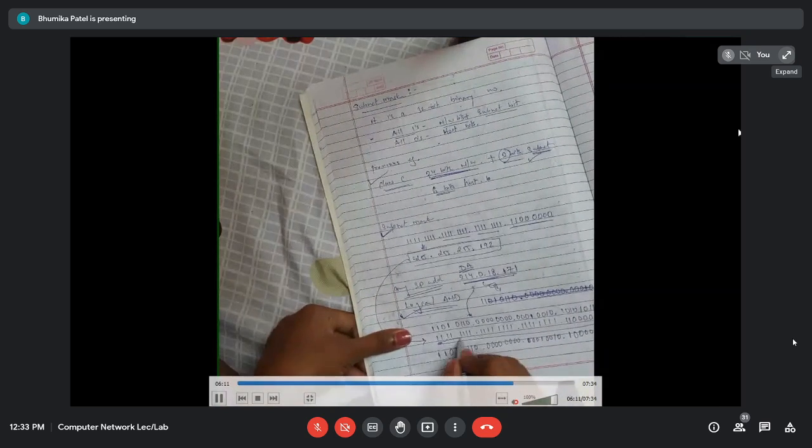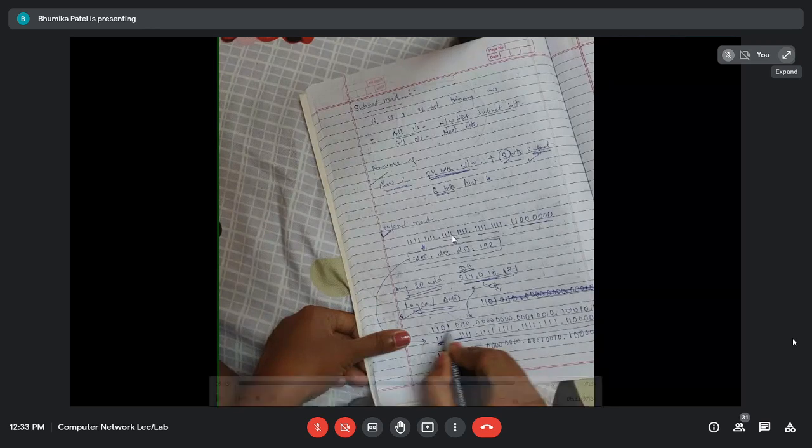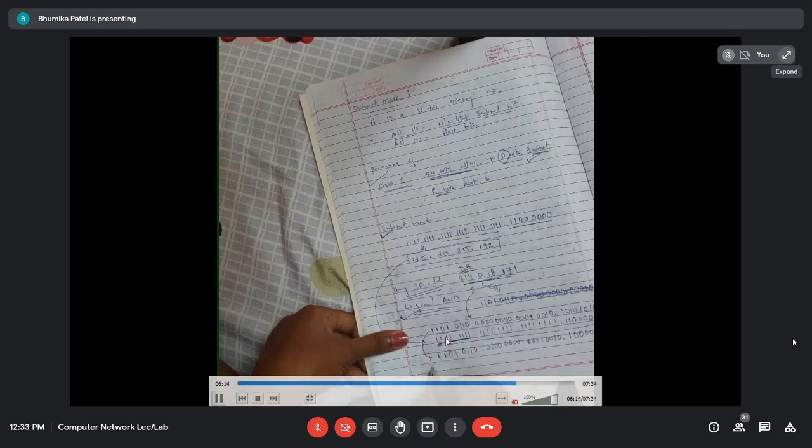So as you can see in this example, the first 24 bits in the subnet mask are 1, and in the upper portion the destination bits are either 0 or 1. So whenever you perform the logical AND, in the result the network ID bits of your destination IP address will remain as they are, because in the subnet mask the first 24 bits are all 1, so nothing changes. If one is 0 and the other is 1, obviously we get 0. So this upper portion is repeated here in the result. Similarly, these 8 bits are repeated in the second group, and the third 8 bits are also repeated in the result.